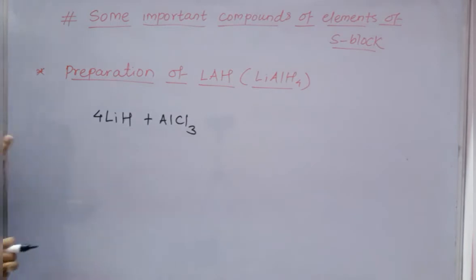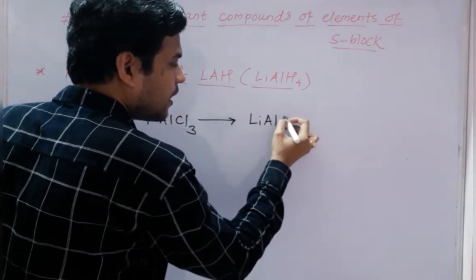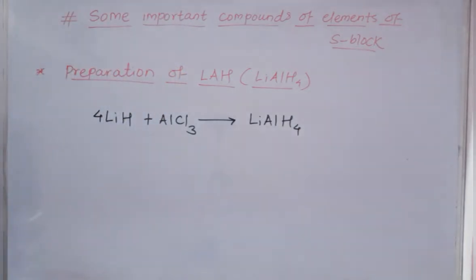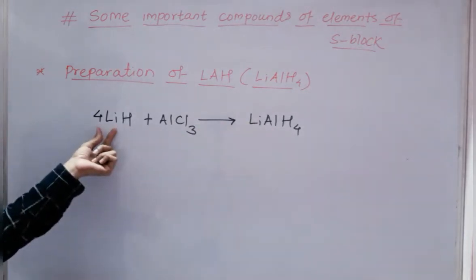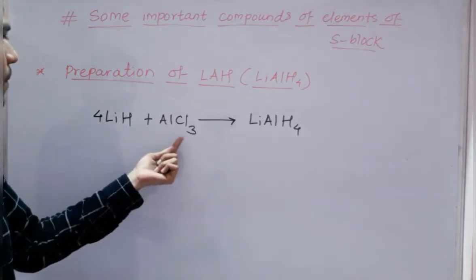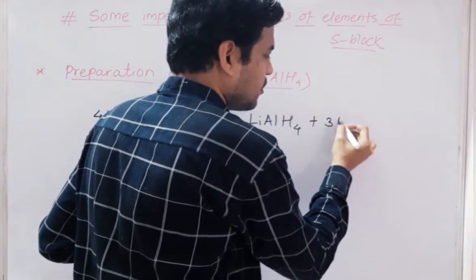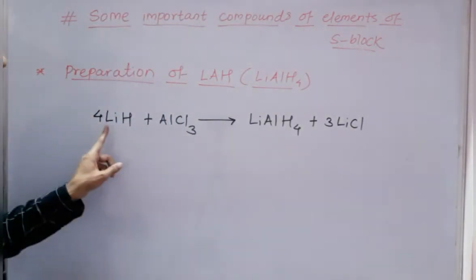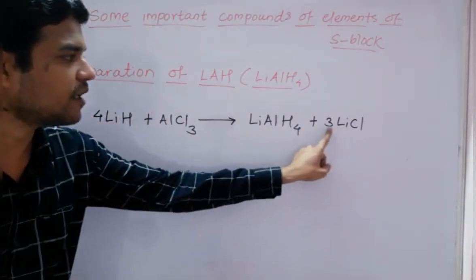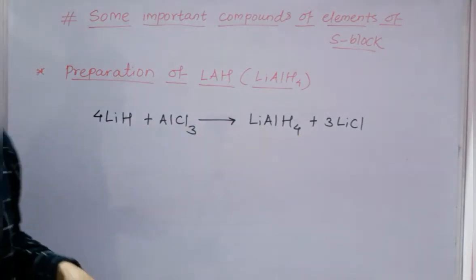Okay, so lithium hydride and aluminum chloride, they react with each other to form LiAlH4. This LiAlH4 is called what? Lithium aluminum hydride. अब देखो यहाँ पे Al 1 मोल है, Cl 3 मोल्स, तो 3 मोल्स Cl बचे हैं, राइट. तो 3LiCl मैं लिखता हूँ यहाँ पे 3Li plus 1Li, that is 4Li, 4H. Okay, aluminum 1 mole.